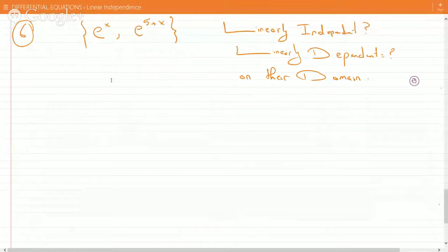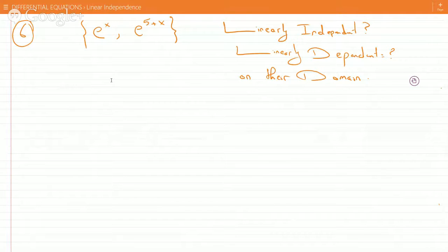Yeah, I mean, this one is a clear-cut case because e to the x and e to the 5 plus x, you could just rewrite, whether they're linearly independent or dependent. By the way, when they say for all x where the functions are defined, they just mean on their domain. Right. And in this case, the domain is all real numbers, because there's no restrictions